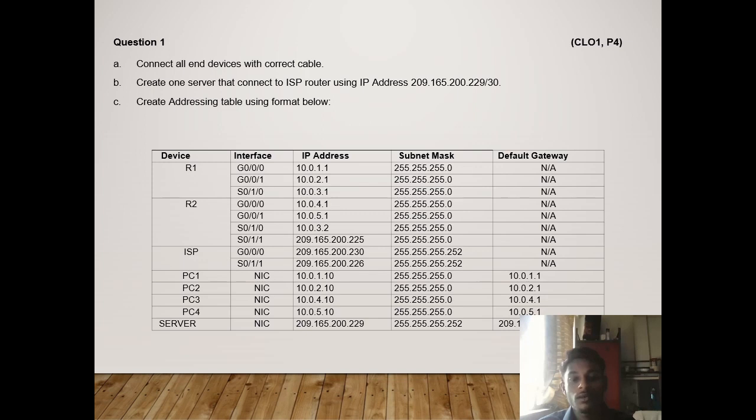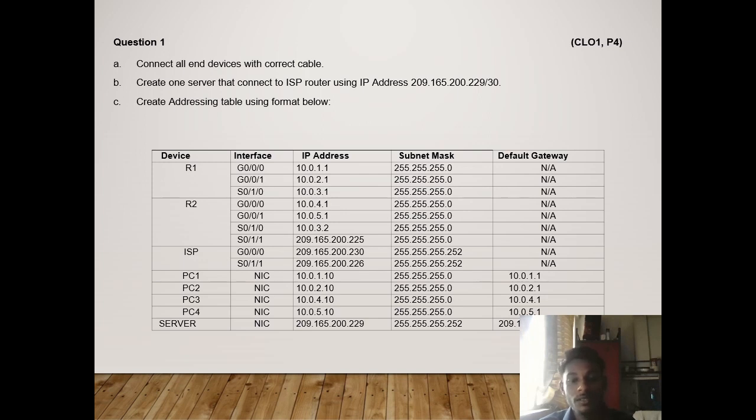0/1/0, 10.0.3.2, subnet mask 255.255.255.0, and the second serial port 0/1/1, the IP address 209.165.200.225, subnet mask 255.255.255.252, and the ISP device IP address interface